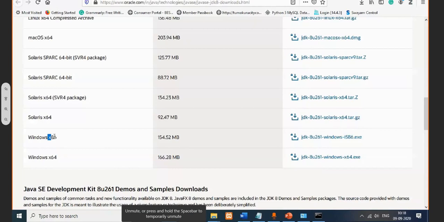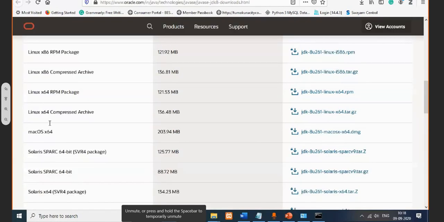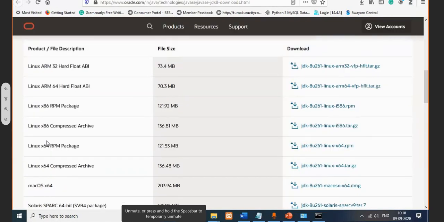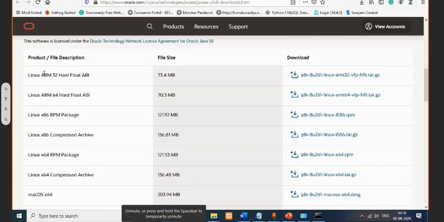It's nearly around 800 MB. Just download it and you can start installation. The same thing, you can go for any other operating system also. So we have the Linux based platform. The Linux based platform will support your Fedora and all. Or we can have installation in Fedora also. Just go to Fedora, there you can search the packages. You will get the Java development kit.